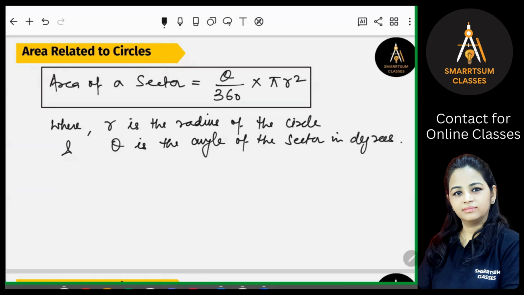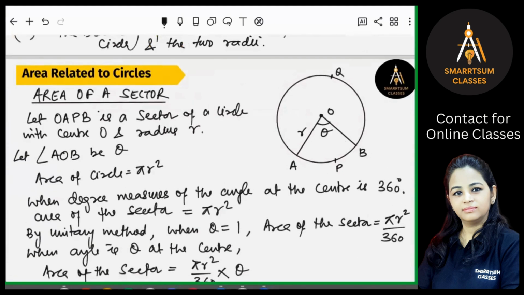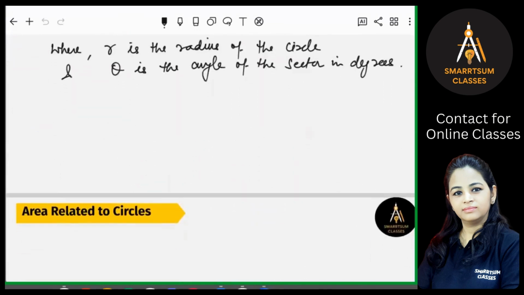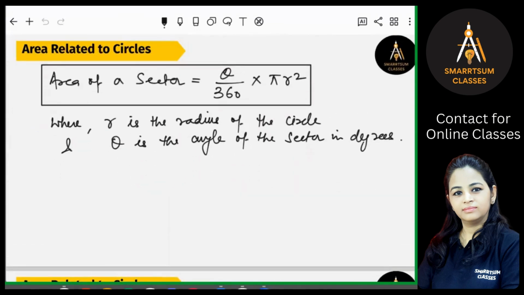Okay, right. So now, as we have found the area of the sector, there is a question which can come into our mind: can we find the length of the arc? If you can see here, this is the length of the arc APB. So can we find the length of this arc APB corresponding to this sector? Yes, again by using the unitary method, and taking the whole length of the circle as 2 pi r, we can also obtain the length of the arc. So what will be the length of the arc? Write down length of the arc